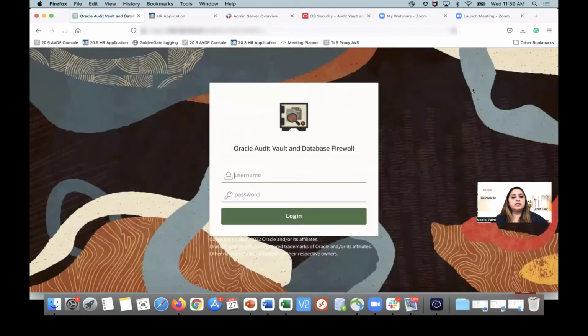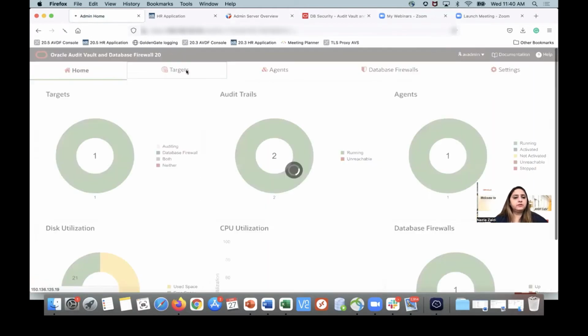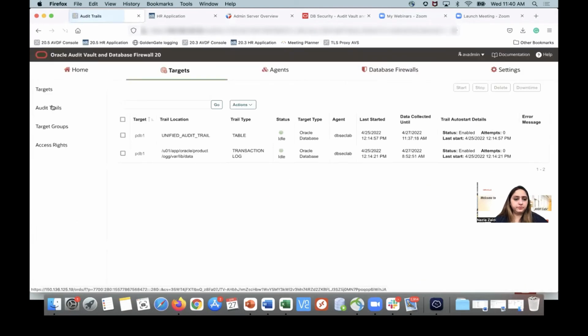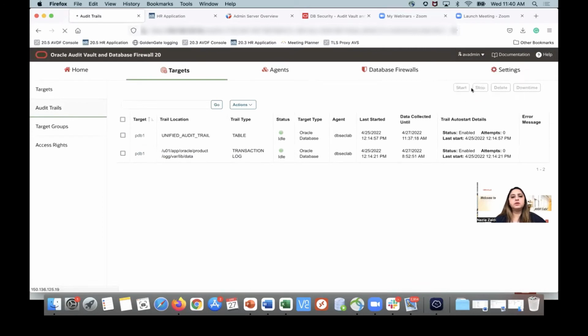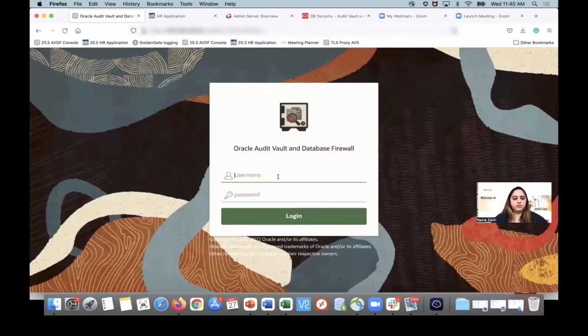And here you will add another trail. So remember, in AVDF, we configure different types of trails. For this one, we want to configure transactions. One trail for me is basically the unified audit trail. The second trail type will be the transaction log. Okay, so the transaction log is for my before-after value, which I have configured here. Okay, there are two types of trail now configured in my system. I will log out and let's